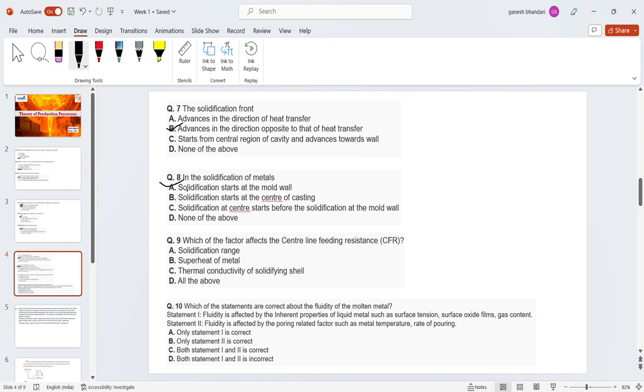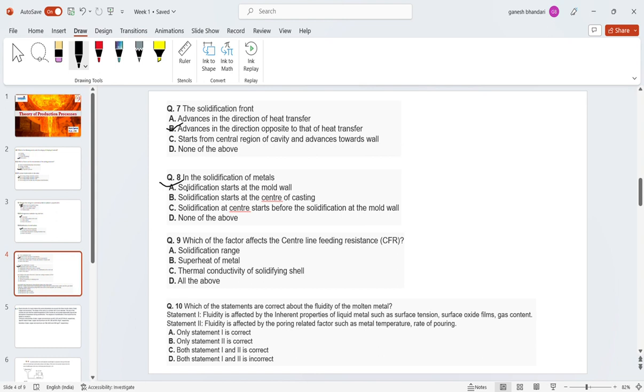I think what we used to say is that alpha is the ratio of thermal conductivity to your density and Cp, something like that. So that term is highly involved in it. All these things are related to it, because if a material is not even transferring heat from this to this easily, how difficult will it be to solidify that.